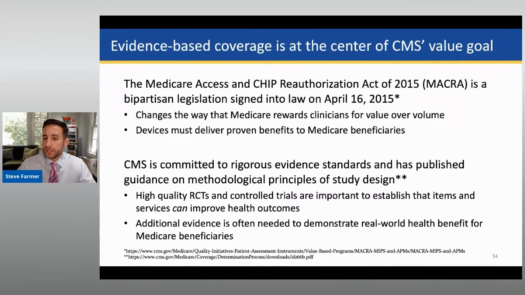Outside of cardiology, next-generation sequencing comes to mind. NGS is a diagnostic tool for patients with advanced cancer. It can help to identify patients with certain genetic mutations that may benefit from targeted therapies and can assist patients and their oncologists in making more informed treatment decisions. There are many excellent examples, and in many of them, as I said, the evidence evolves over time long after FDA market authorization.